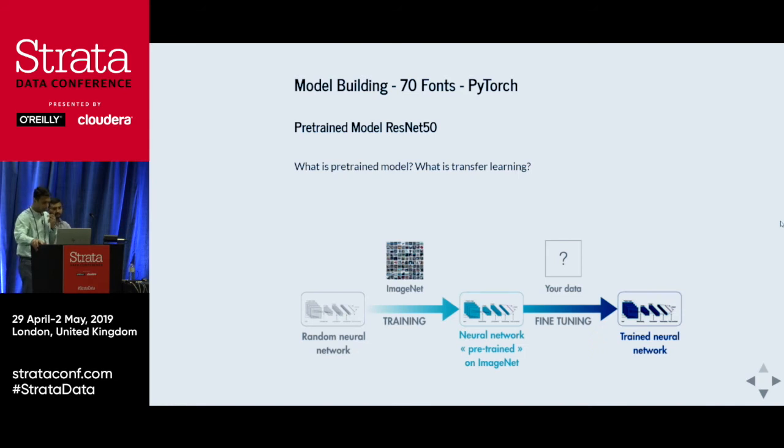So this is what it would look like. You have a neural network, and here think about something like a ResNet 50 or ResNet 18. This is being trained on a very big corpus of data, ImageNet. And for those of you who have not seen it, this is a very good data set to train your computer vision models on, or use a pre-trained model that's already trained on ImageNet. Once this is done, you take your specific problem and then you fine-tune this network and the learning that it's doing to solve the problem that you have at hand, right?